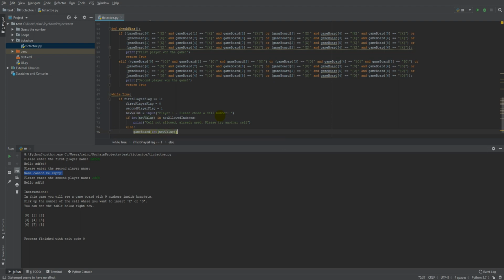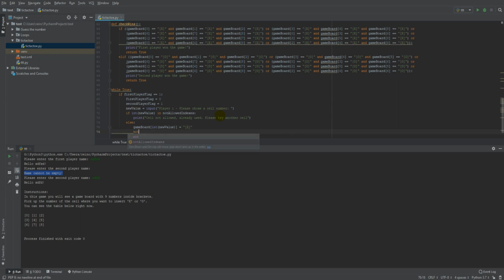Okay, with the string x. Okay, also once it was done, we want to add this string to the not allowed array. Okay,